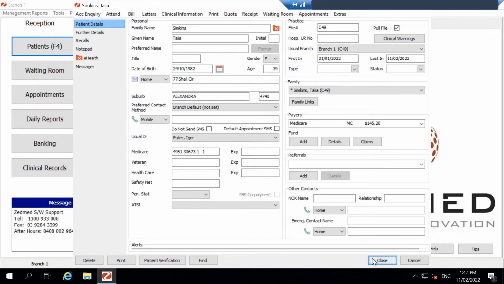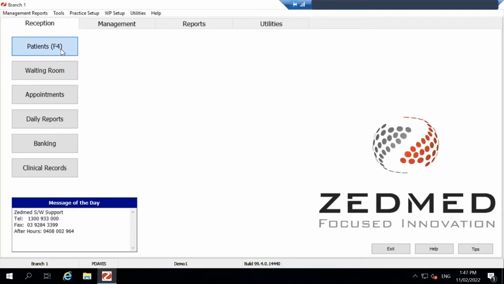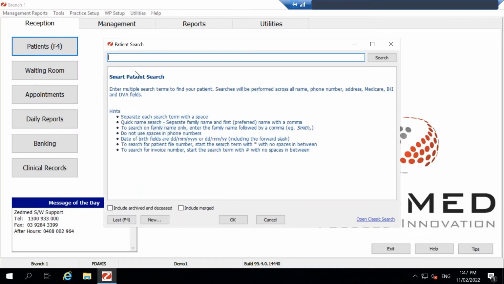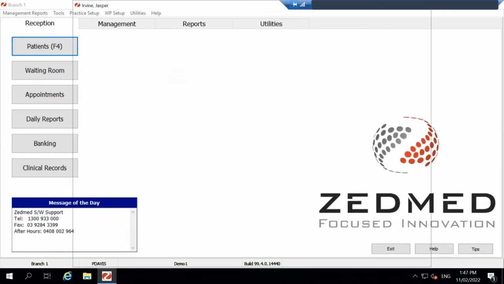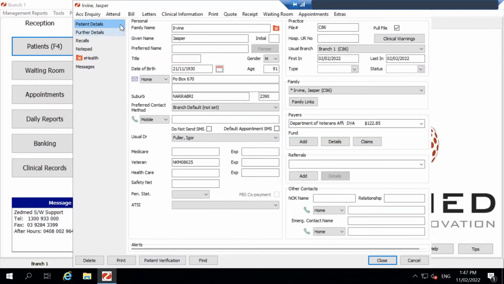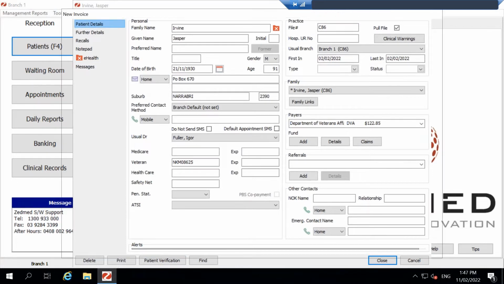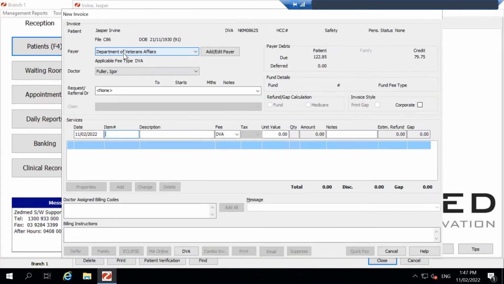And so that goes to Medicare and DVA. Same thing, the differences will be your payer. So if I go through that again with the DVA patient, so if I go to Jasper, I've done a patient verification, I go to bill, payers DVA, you've got your item number,